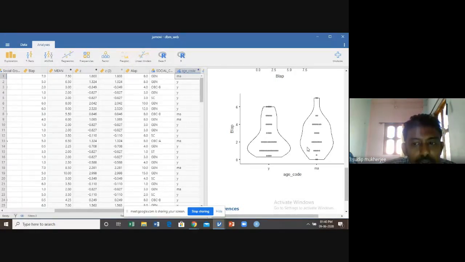We can say otherwise, are young people using more computers than old people, or the reverse, are middle-aged people using more computers than young people?